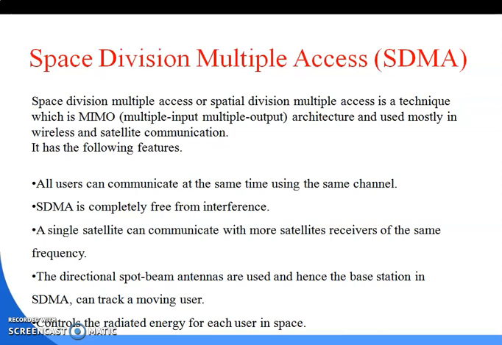So there is an example of space division multiple access, that the number of vehicles use many antennas on the top of the vehicle to use the internet service or connect with each other, use the Wi-Fi service, which comes under SDMA, space division multiple access, right? So this is all about chapter 4, MAC, multiple access control.